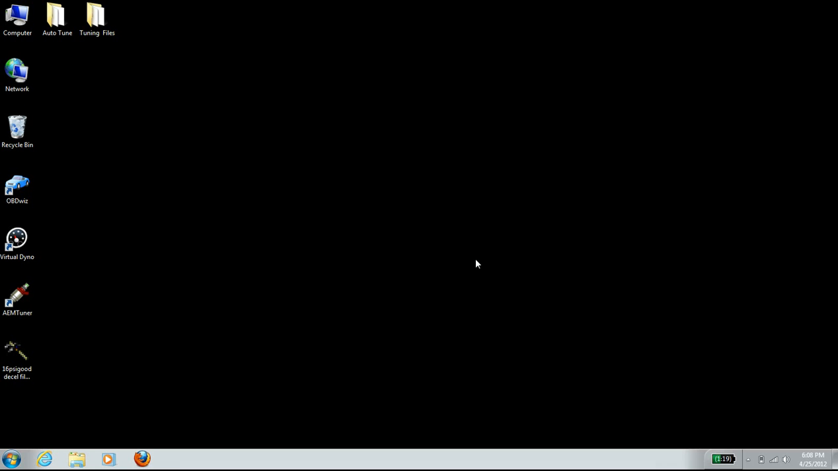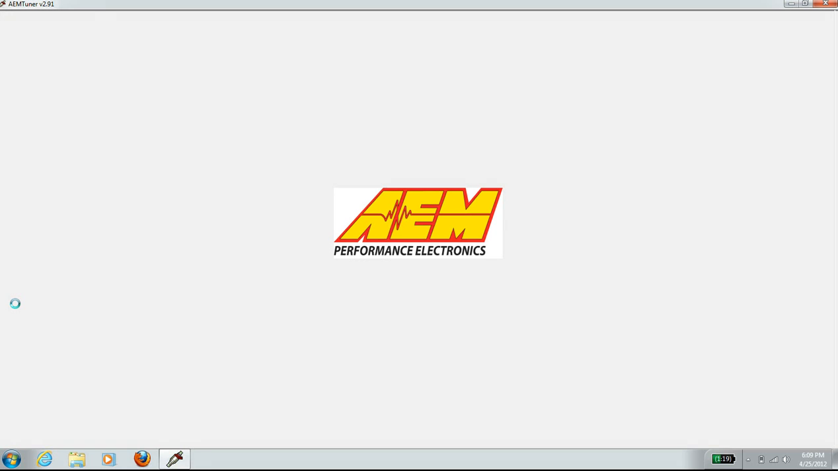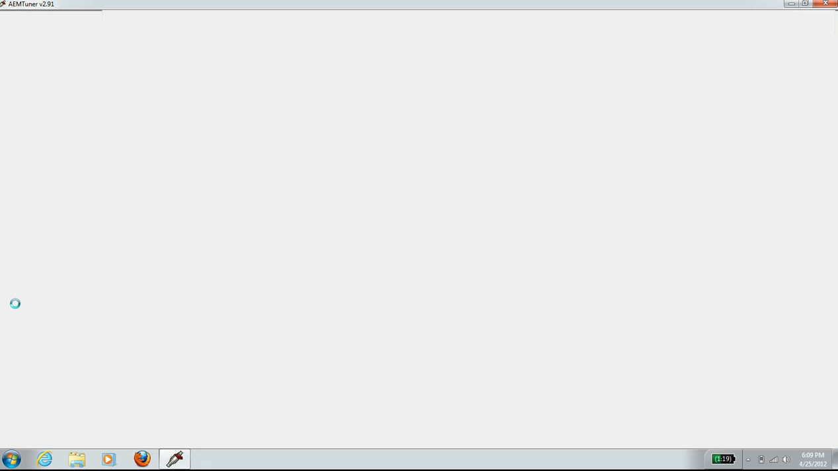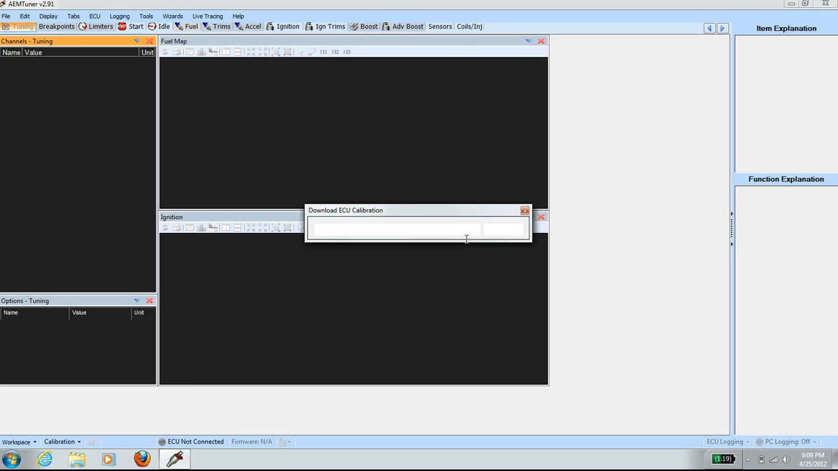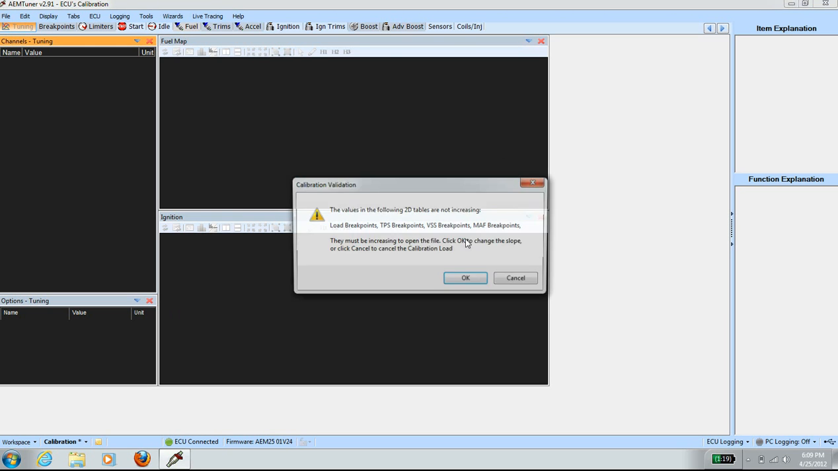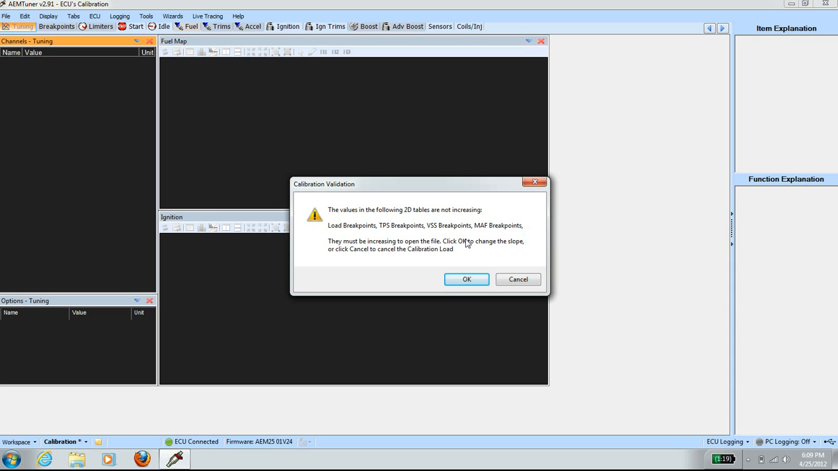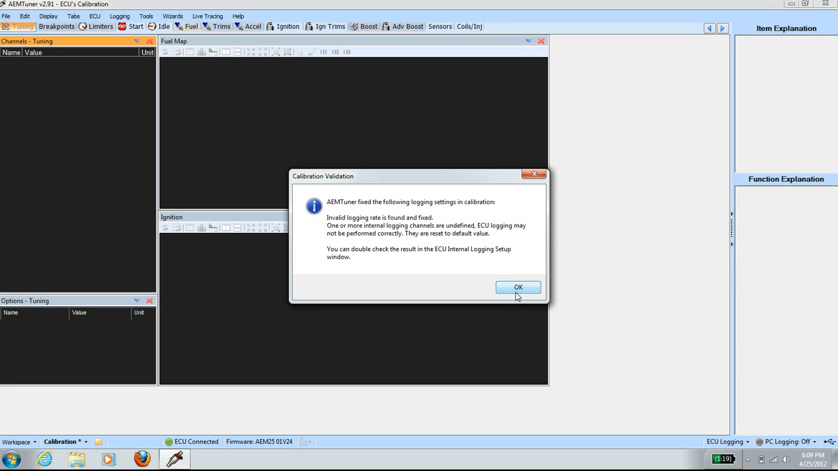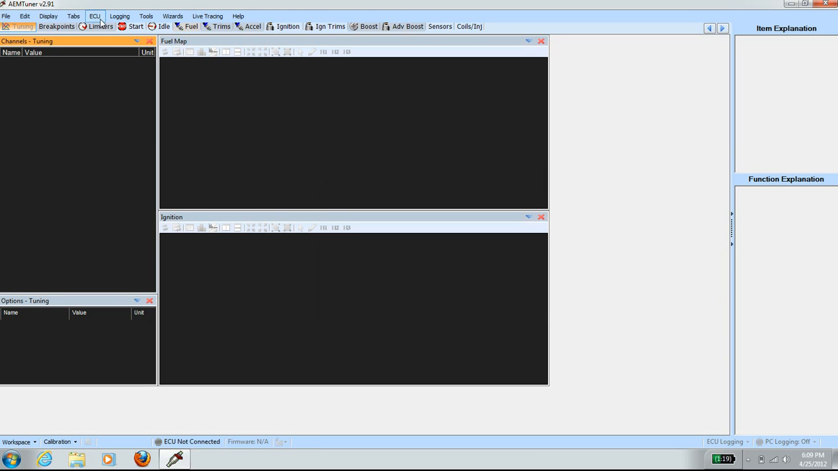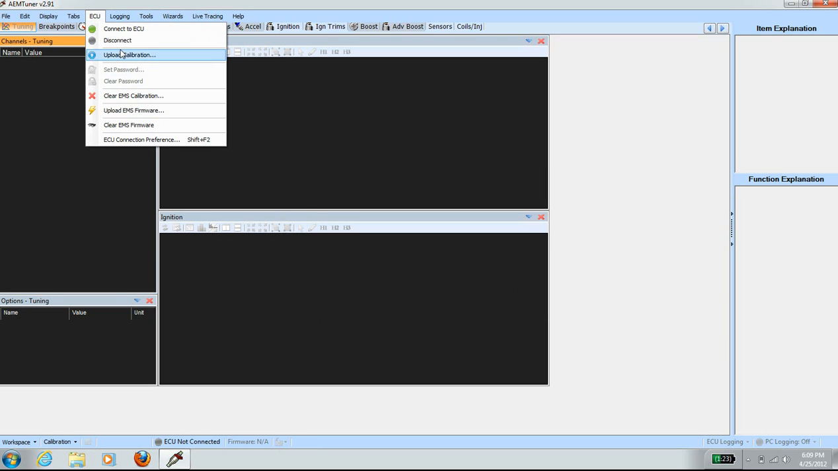In this section, we will be running a modified base map off of the idle tune that I did earlier. Go to AEM Tuner, open up the software, turn on the ignition while it's loading, on yes, and I cleared the calibration map off of the ECU, so we need to load a new map. Upload calibration,